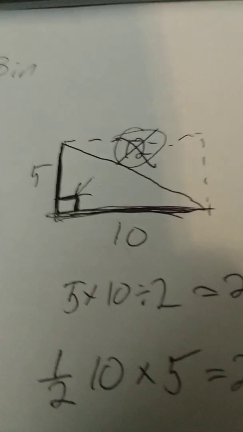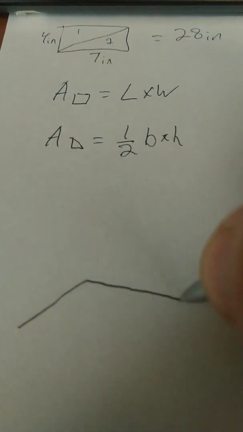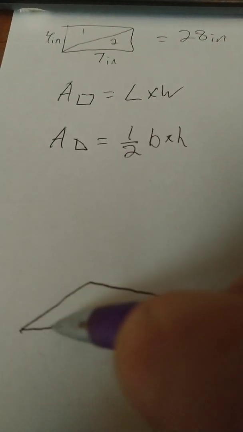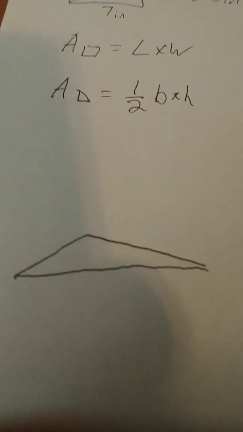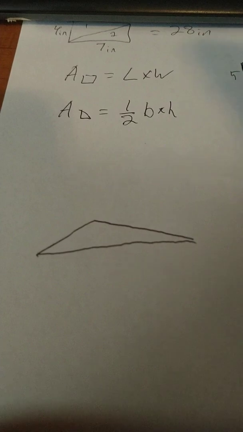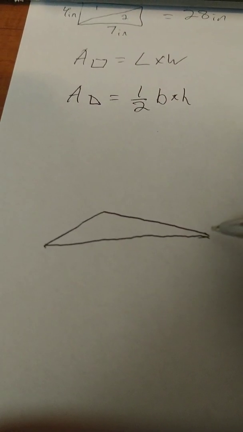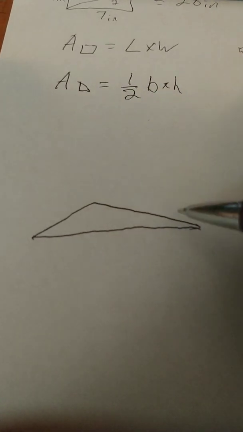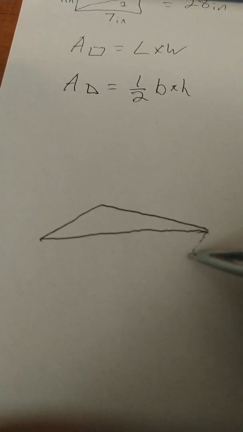Now, you may be thinking, but Mr. Stanowitz, okay, that works for these nice little right triangles where when you double it, it ends up making a perfect rectangle. But what if I had some really weird triangle like this, where if I double it, it's not going to make a rectangle? And you're right, this won't end up making a rectangle. If I were to draw the mirror image of this, I'm getting into tomorrow's advanced lesson, but it's a good question. So if I draw the mirror image of this, I end up